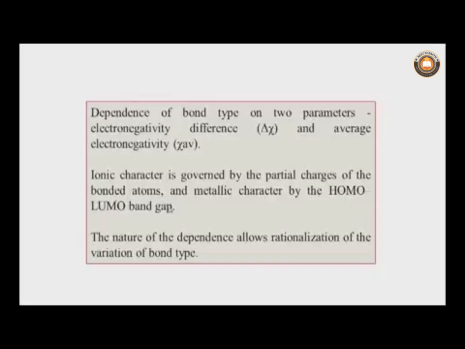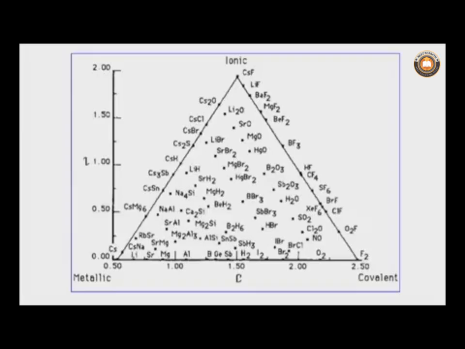So, conduction bands and valence bands are formed, and those bands will typically go for a metallic bond. So, it is of a different type, and we basically see that the nature of the dependence allows the rationalization of the variation of the bond type. So, we see how these different bonds are basically forming when we allow the formation of different types of